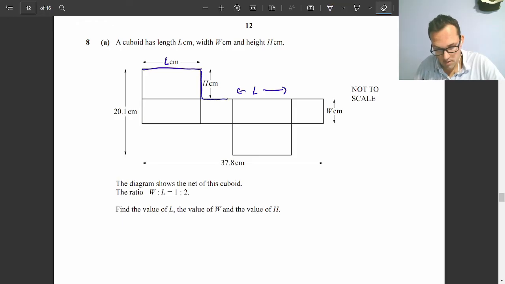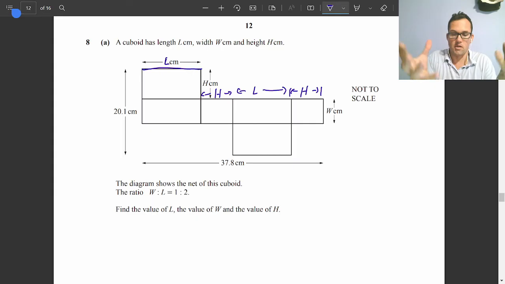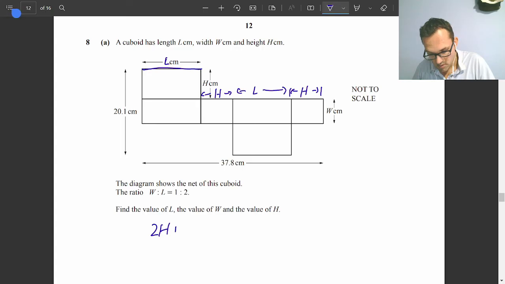So again, here we have another H. So this will also be H, that length there. And again, if we fold it, this would also form H. So when we fold it, we'll have those lengths. That means if we add up all the horizontal lines, there's 2 H's, and there's 2 L's. That will be equal to the whole length of the net here at the bottom, 37.8